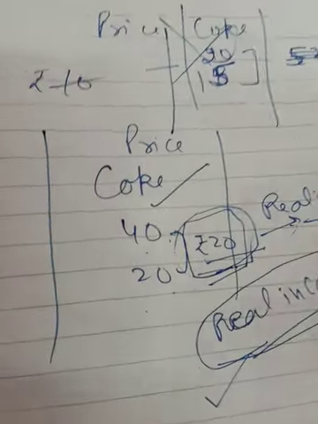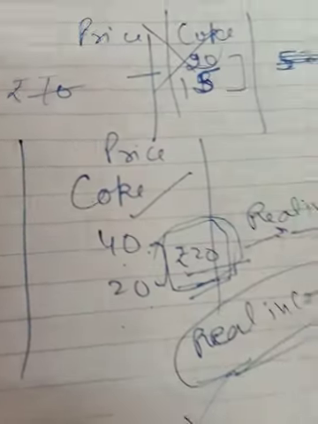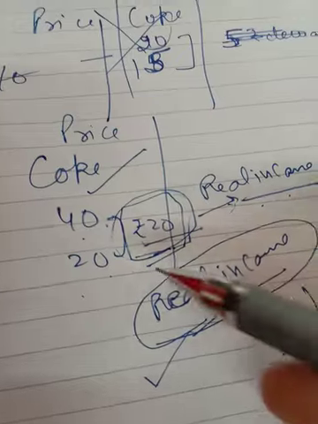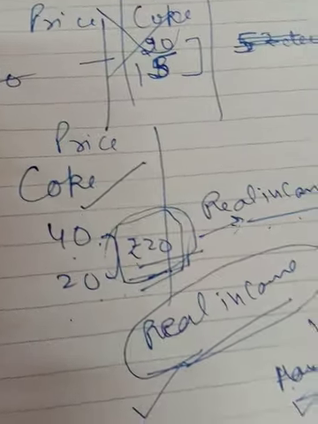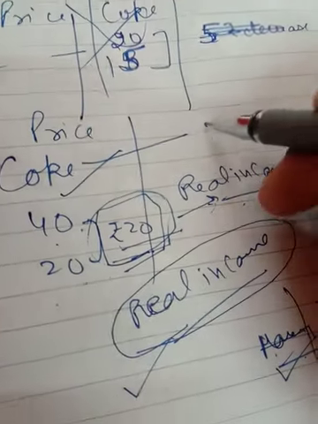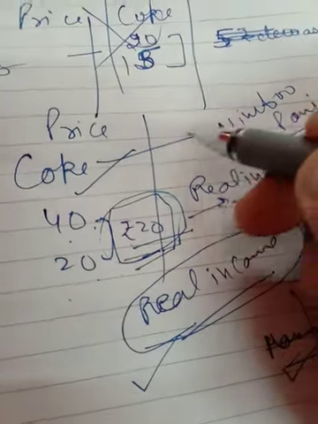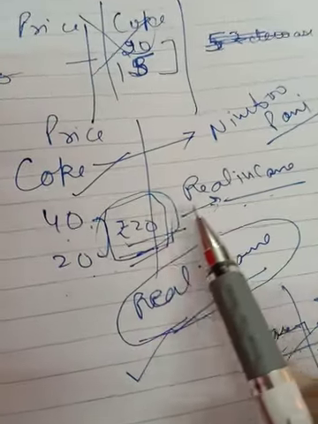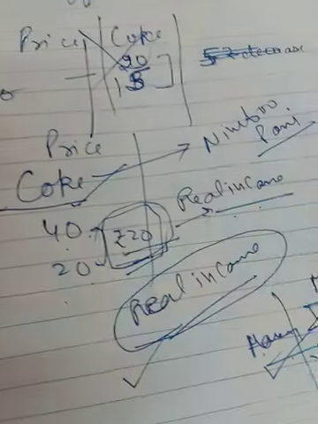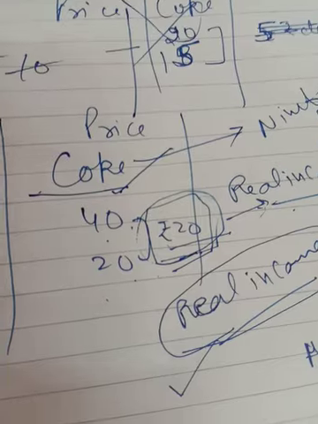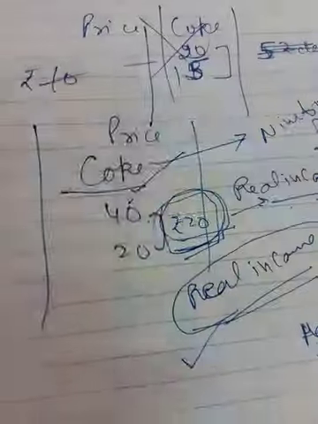If the income effect is positive for Coke, that is the product, then that means income effect is positive for Coke. If suppose he is not purchasing Coke with this income effect and purchases some other commodity, suppose he is purchasing some Nimbu Pani, suppose the next substitute is Nimbu Pani, then he will be shifting from Coke to Nimbu Pani. That means income effect is negative for Coke over there. Fine. So income effect will be positive for Coke when he will purchase Coke itself with the leftover money. Fine.